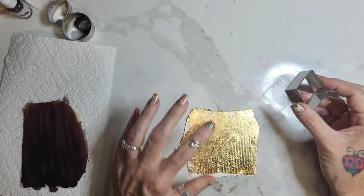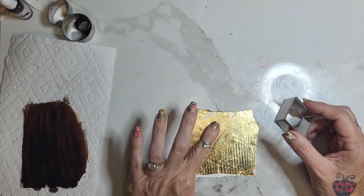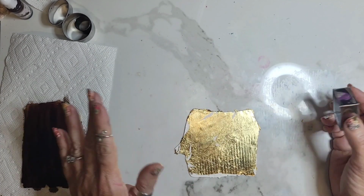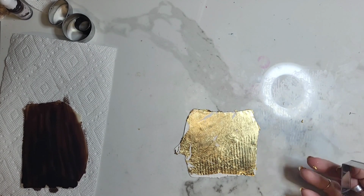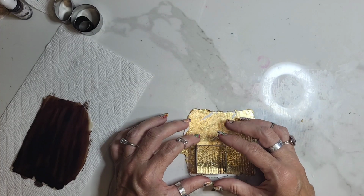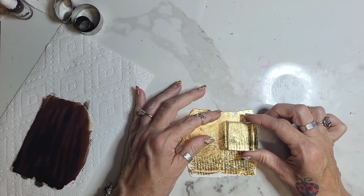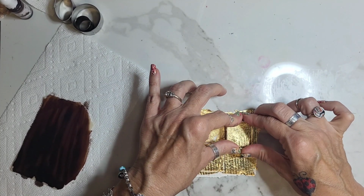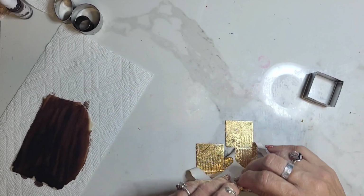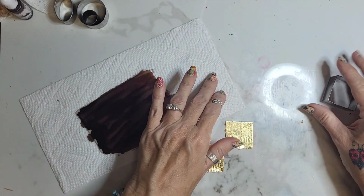I have a square cutter and I'm just going to cut 2 squares of this. Remember, this is thin. This is only rolled out onto a 4. So there's a reason for that. I just didn't want the white to take over too much. I wanted the translucent to be more prominent. So I'm going to cut out 2 squares of this. And then over here,